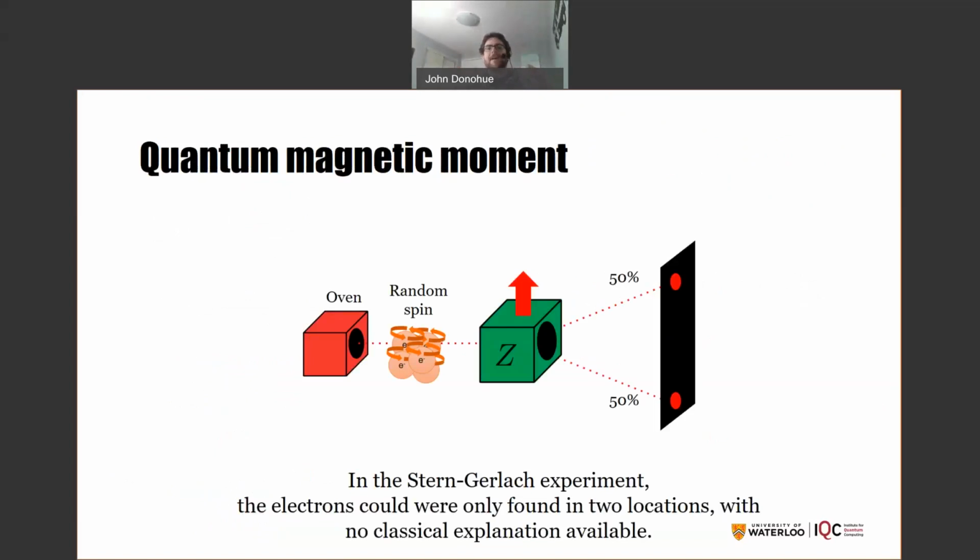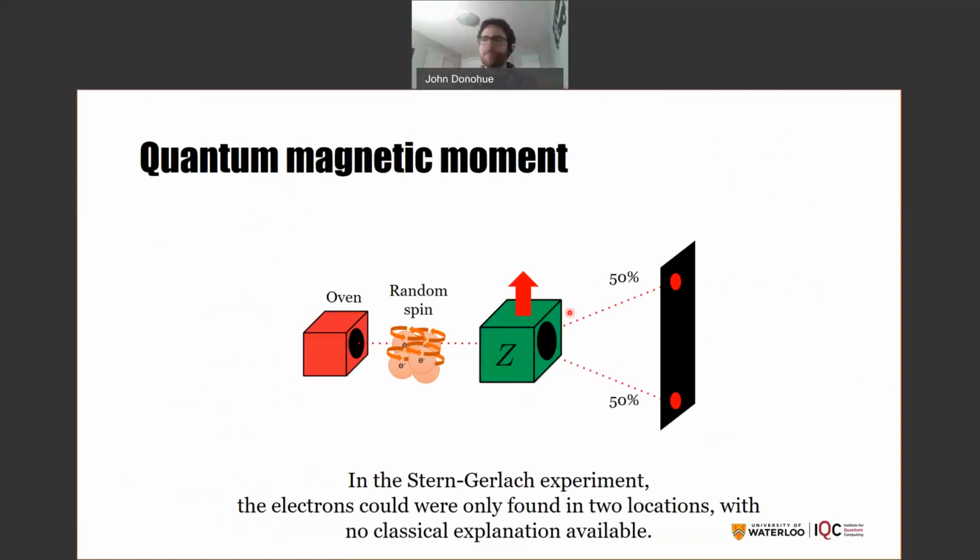Okay, so let's connect this back to the Stern-Gerlach experiment. So remember the Stern-Gerlach experiment. They had this oven. It came out with randomly spinning electrons. They put it through an inhomogeneous magnetic field aligned in the z direction. They expected that if you were to